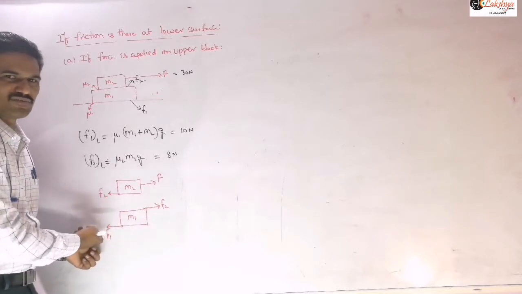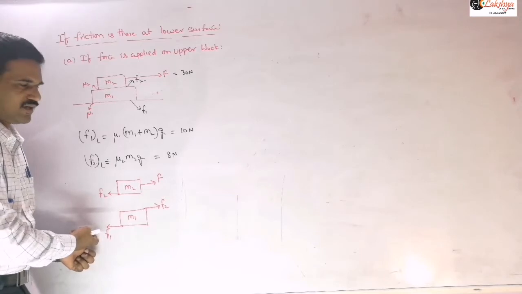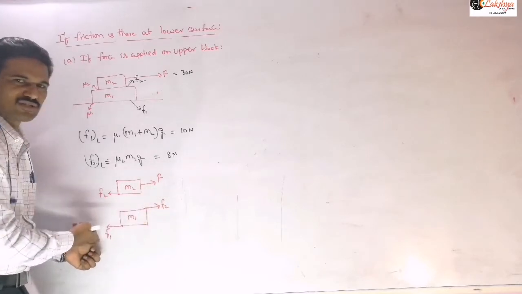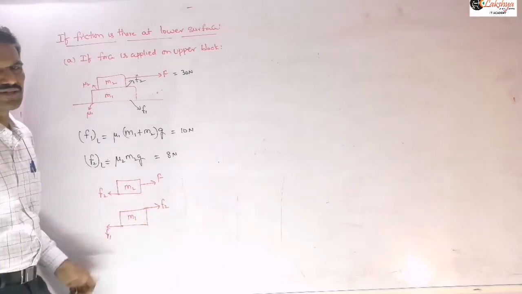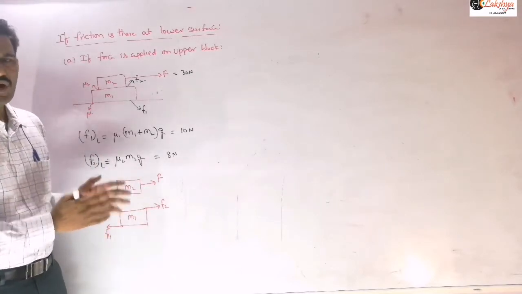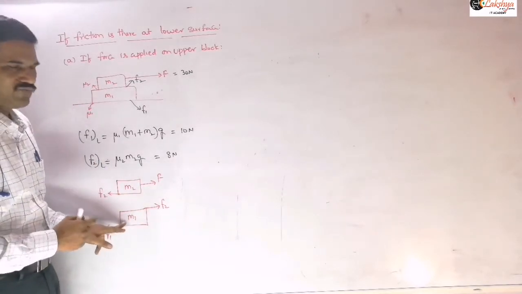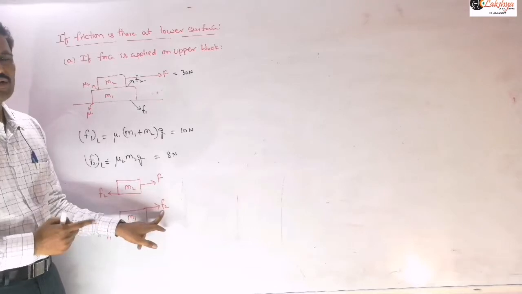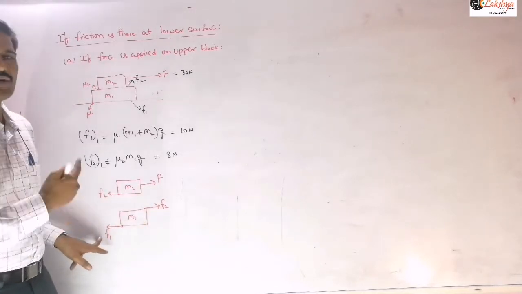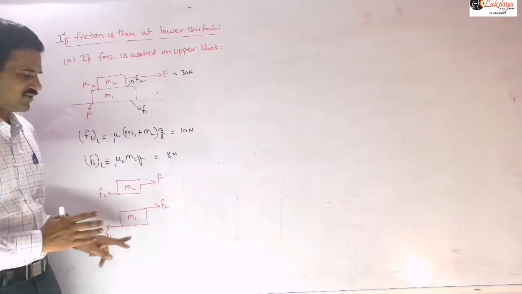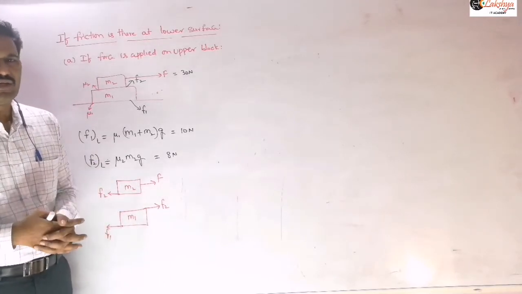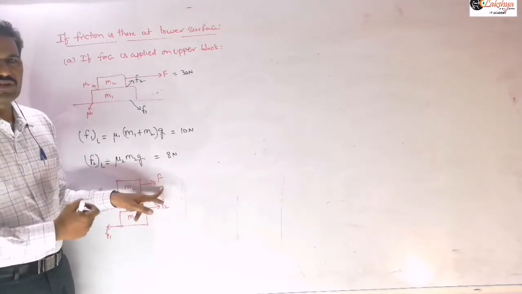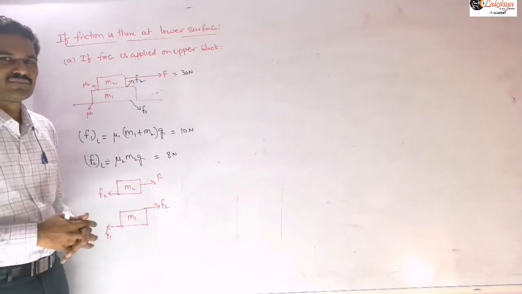That means then the friction will be a static friction here. It won't be 10 newtons, right? The maximum possible value I am saying is 10 newtons. So if it is 8, then this also reaches the 8 value, 8 newtons, and so this block will remain at rest. That means in this case what we can conclude is this M1 will start accelerating only when F2 limiting is greater than that of F1 limiting. Then only there is possibility for acceleration of this M1 here. So if F2 is less than this F1, then irrespective of this applied force on the upper block, this lower block doesn't accelerate. Is it clear?